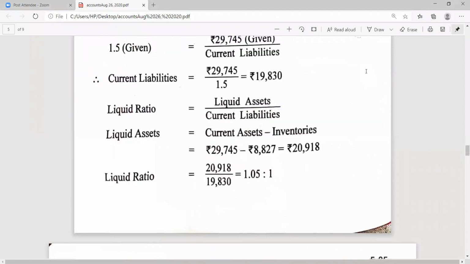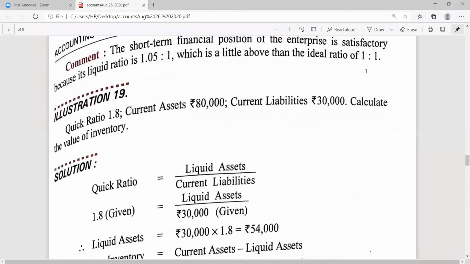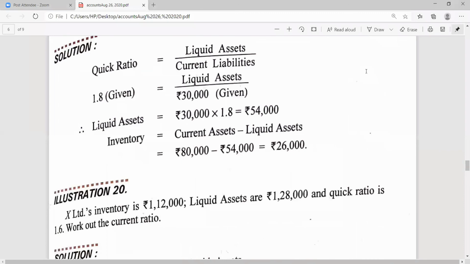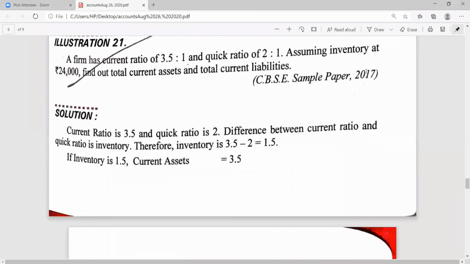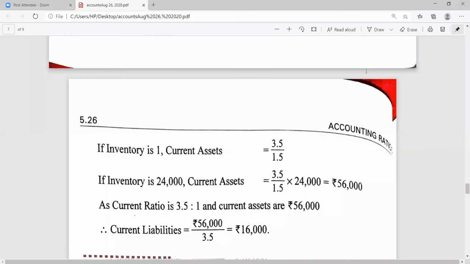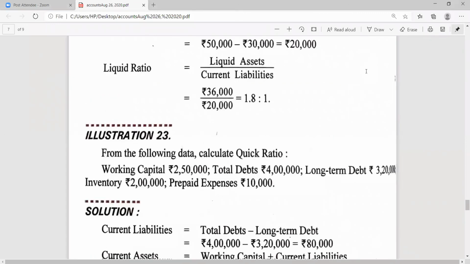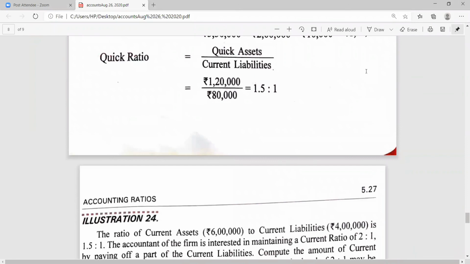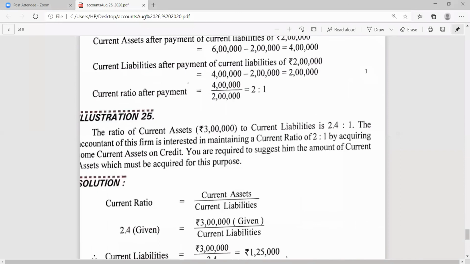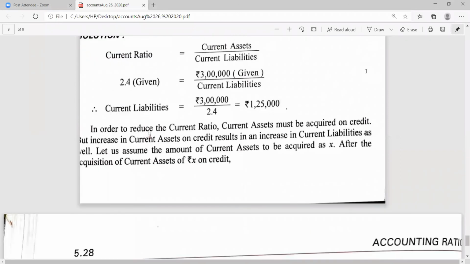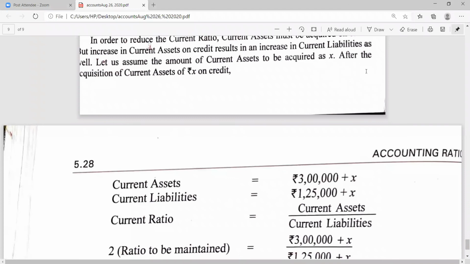The various questions you have to do, I expressed each and everything in the question. You will find these types of questions thoroughly in your book and you have to complete them. As I'm scrolling the screen up to illustration number 25, everybody has to do this. Up to 25 you have to complete, and feel free to take your queries whenever you feel difficulty while doing the questions.